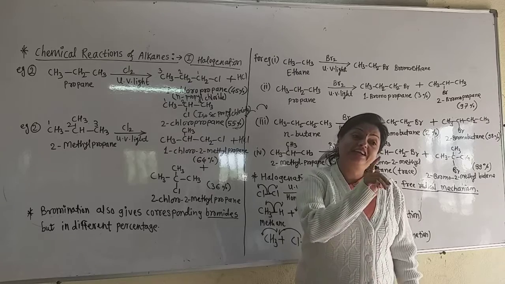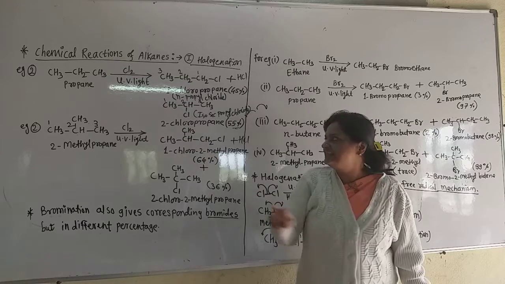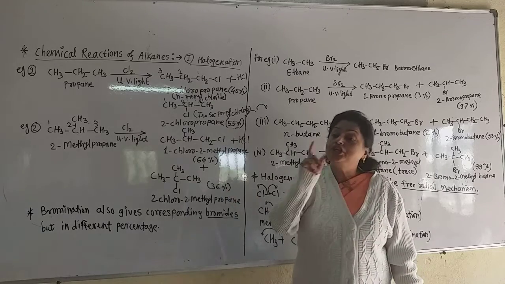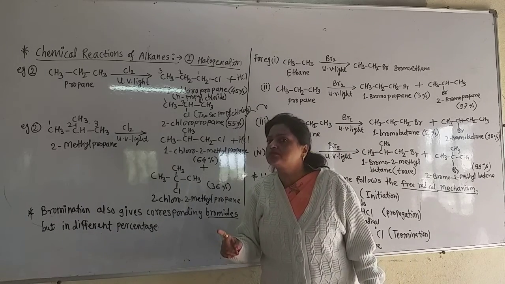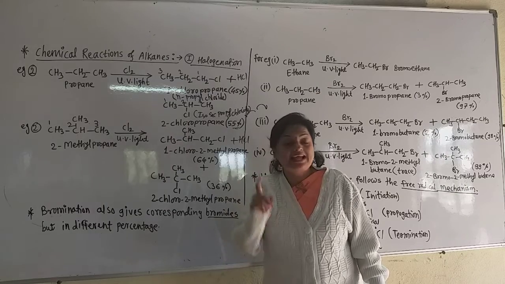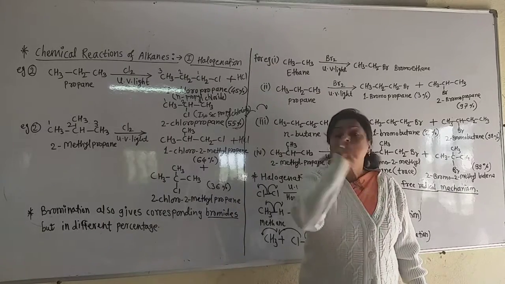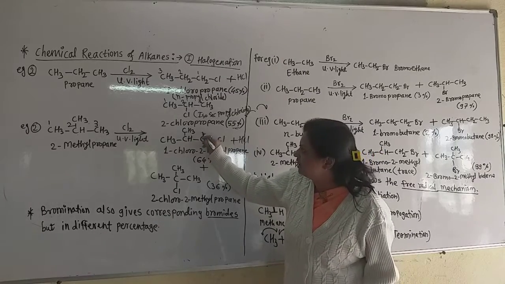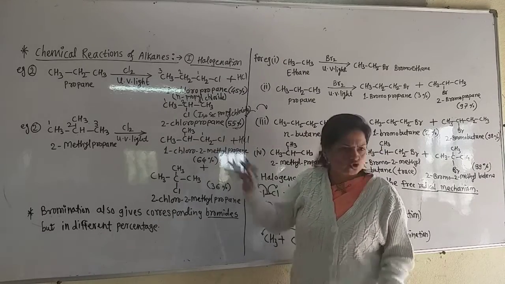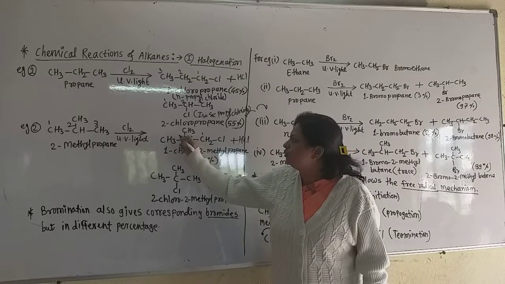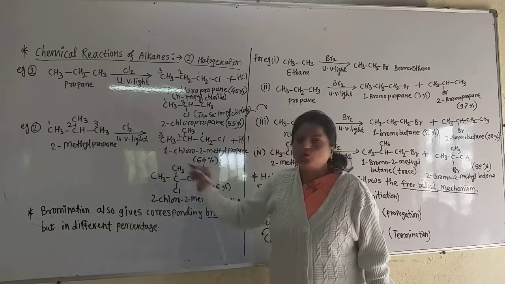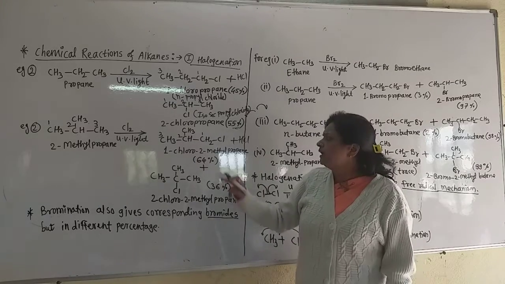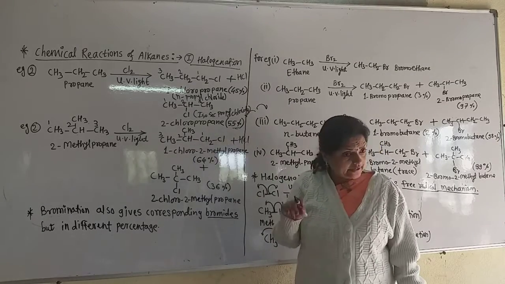Remember, when in an alkane there is any functional group such as chloride or bromide, always number the carbon atoms from that side where the halogen is present. So I number this from this side. 1 carbon, this is the chlorine, so not 1. This is 1, 2, 3. Only 3 carbons are in the chain. This is on the second carbon atom, methyl group, and this is on the first carbon atom, chloride.